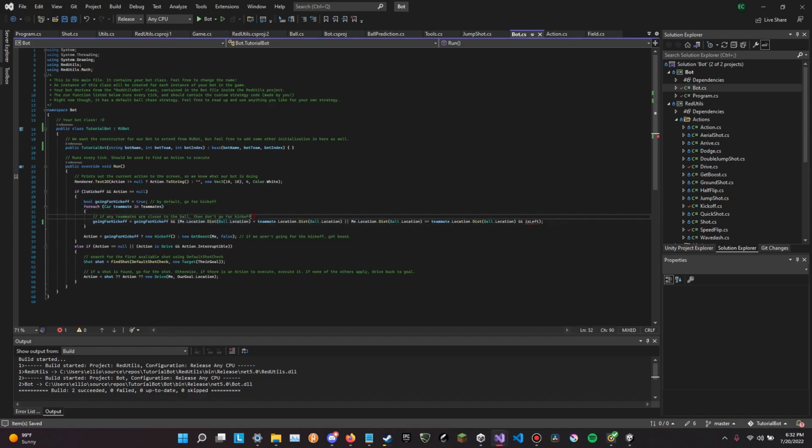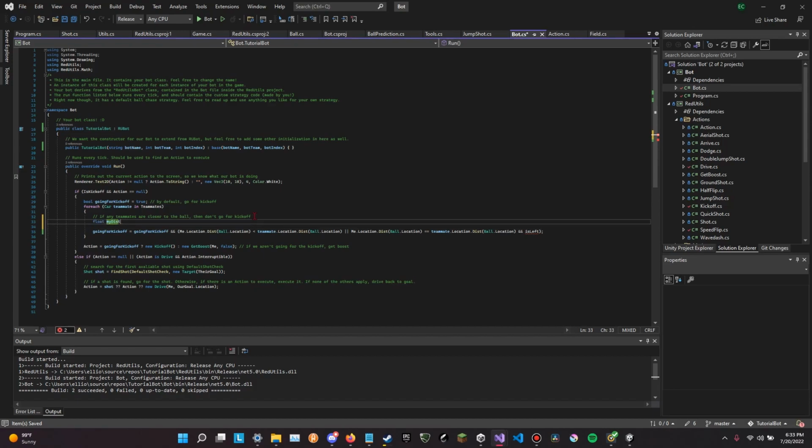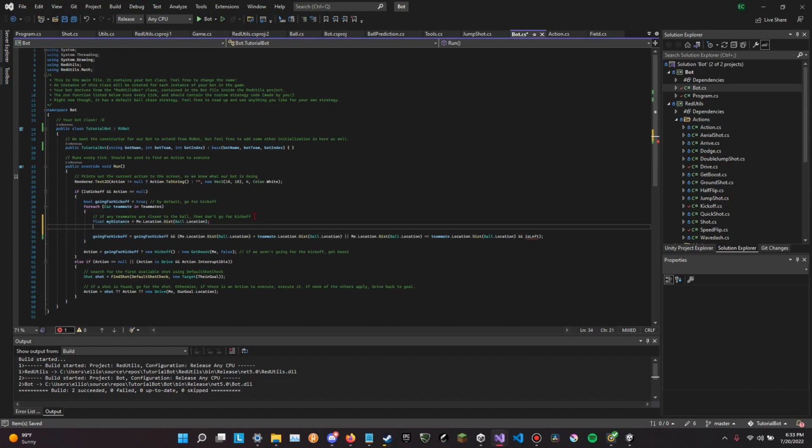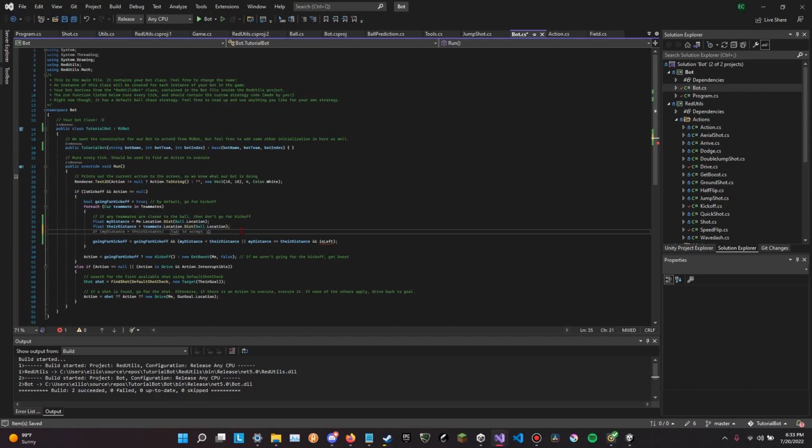So I'm going to make some other variables here. One is going to be for my distance to the ball, and the other is going to be for our teammates' distance to the ball. There we go, a lot easier to read now. And now let's actually make the new variable is left. And we are going to do this by checking the sign of our x value for our position. So we do